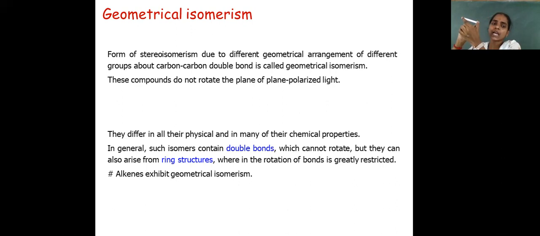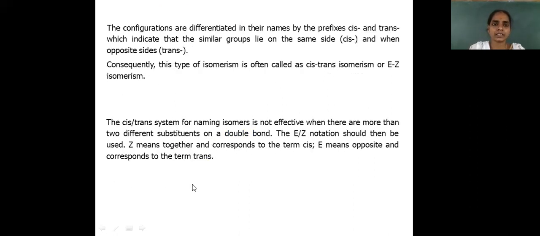But in geometrical isomers, which are applicable to alkenes, there is a double bond between the carbon and the carbon. The presence of the double bond makes the rotation of the second carbon completely restricted, or at least hard. That is the geometrical isomer. The best example we can take is alkenes, based on the spatial arrangement of atoms, or the geometrical arrangement of atoms.